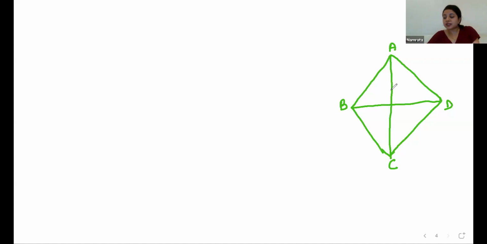And we also have to prove here that diagonal BD is bisecting angle B and angle D. So basically we have to prove that diagonal AC is bisecting angle A and angle C, and diagonal BD is bisecting angle B and angle D. Okay, so let's do that. It's a rhombus, so we know AB is equal to BC is equal to CD is equal to AD. All the four sides are of same length, that we already know because it is written in the theorem that it's a rhombus. Now, if we focus on triangle ABD